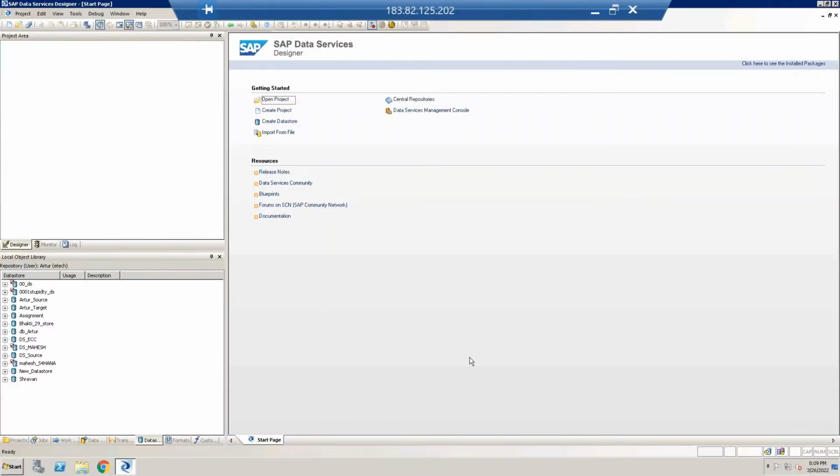So this is the screen, how BODS looks like. If I talk about this space, these are the data stores, how we are connecting database to the BODS tool. With the help of data stores, we are connecting the source systems, and with these data stores we are connecting the target systems as well. So this is the data store which connects BODS and different types of source systems as well as target systems. Now I would like to explain something about